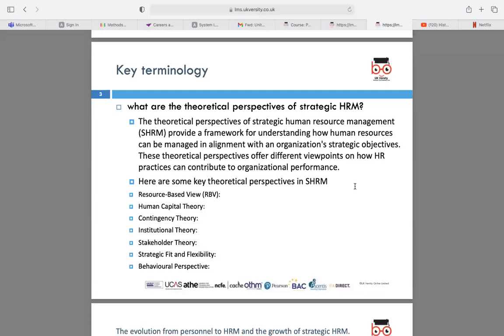So what are the organization's strategic objectives? They are statements that indicate what is critical and what is important in an organization's strategy. There can be so many different goals that the organization has, but they're going to focus on a few specific ones, the ones that are the most important or the most critical ones, right?